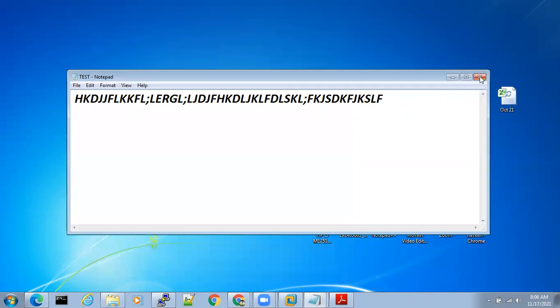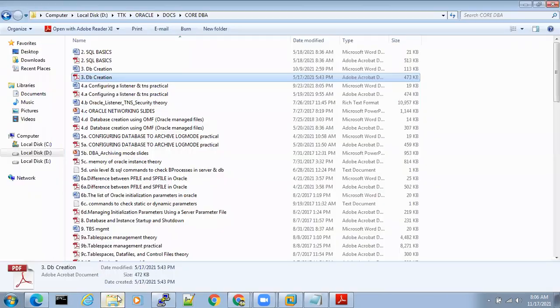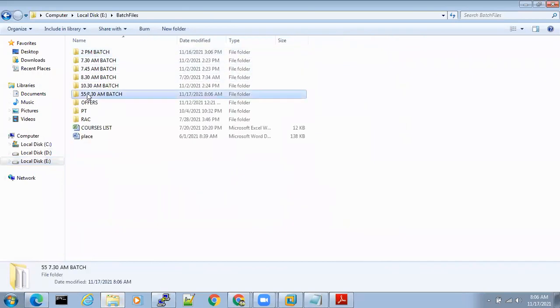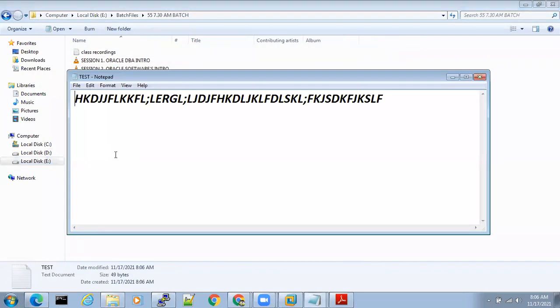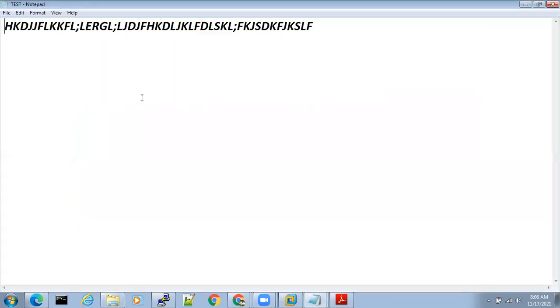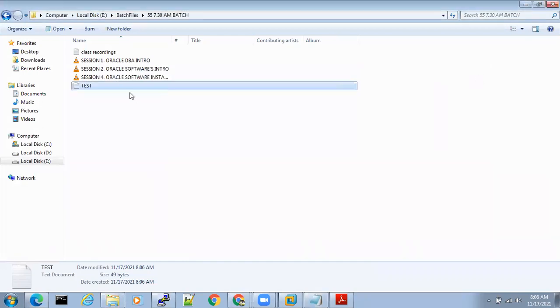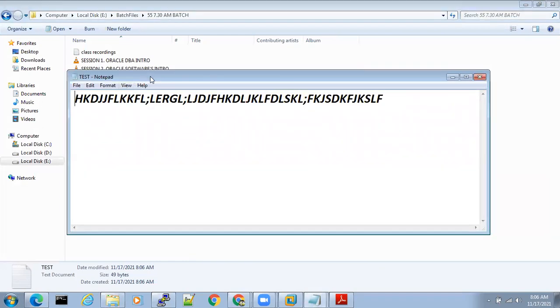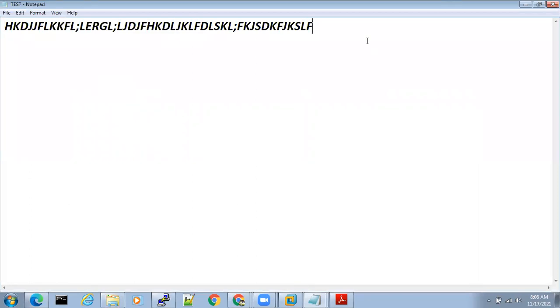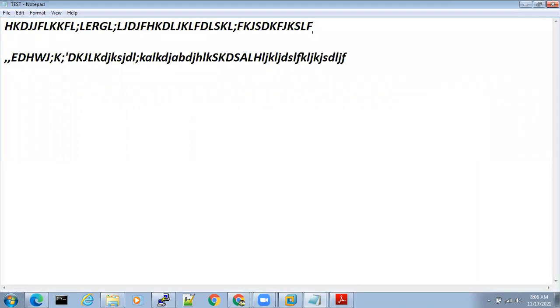So I can open this. Yeah, I'm able to open this, right? And I'm able to see this. How did you open it? You just double clicked on the text document. The document is open. Now you're typing something else in the second line.